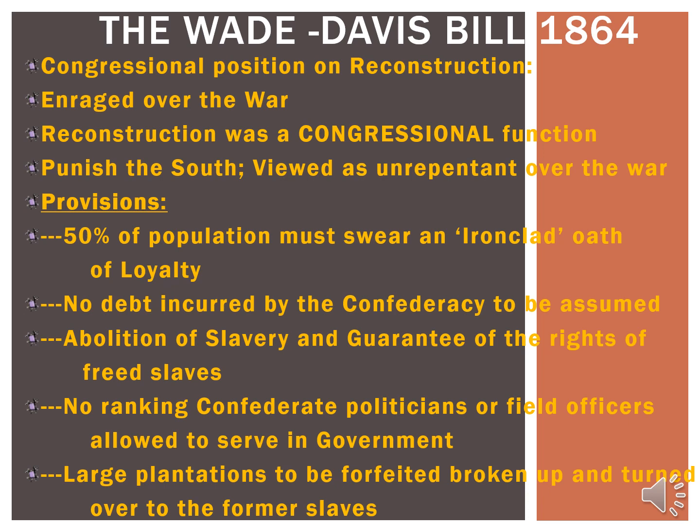The next one, no debt incurred. That means that any debt that they had built up because of the war, no debt incurred by the Confederacy was to be assumed. That debt was not going to be paid. Strong note. Now, this is a sidebar, but it's a very important one. So if you need to write this in your notes, write it in your notes. One of the mechanisms that the nation used to raise money for the war was to issue war bonds, B-O-N-D-S, war bonds.